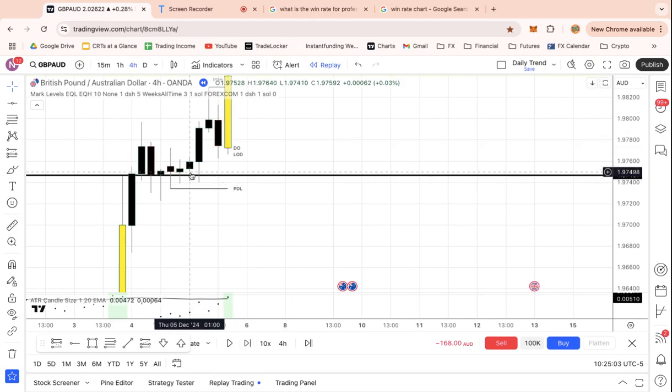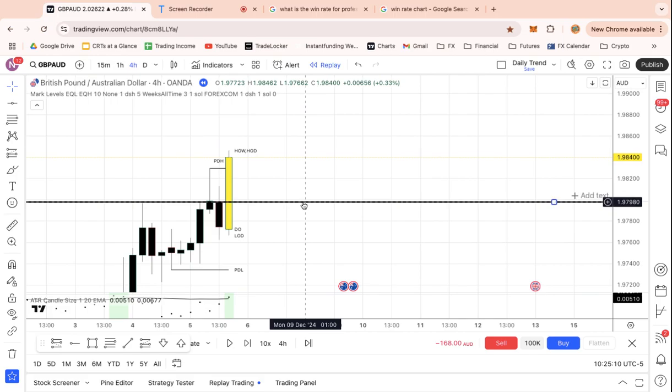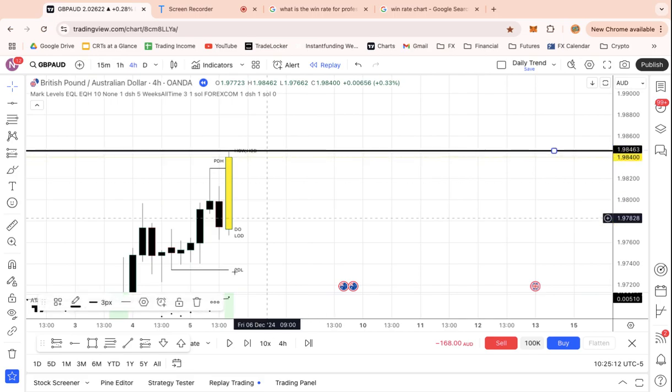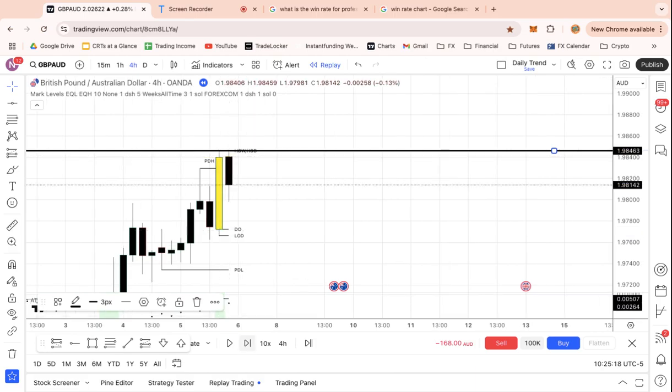Yeah. So thankfully, see, that's what happens. That's the reward of being patient, because we didn't take it. It never even closed inside the range. So we save our equity and we wait for the next setup, which already comes right here. We wait for the next range. So let's see what happens here. This is on Thursday, so by Monday, if price breaks out,